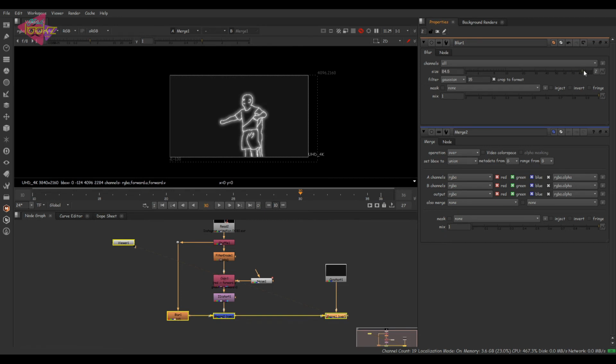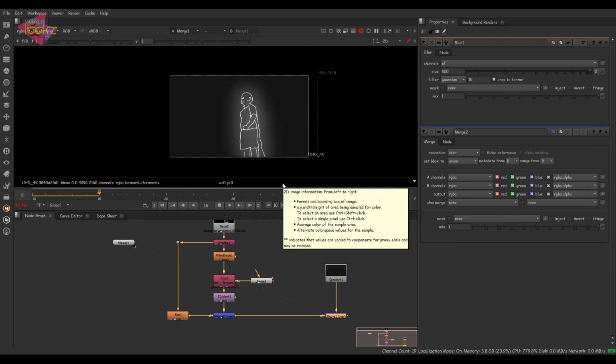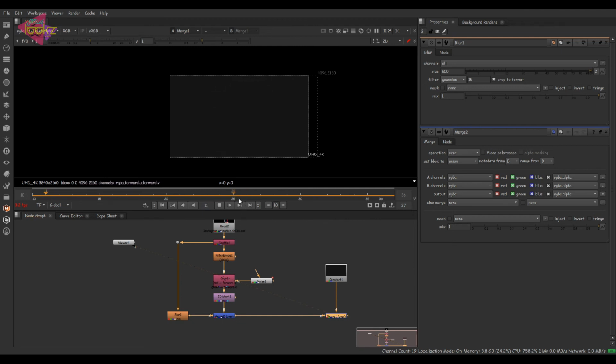Okay, 100 doesn't create much blur. 255. Okay, 500. Let's play and see how it is. But I don't think it worked. It just created a halo. No, I just want a glow kind of feel. So let's make the value 1000. Yeah, this gives somewhat of a glow effect in the BG. Let's play and see how it is coming. And yeah, it's kind of okay.